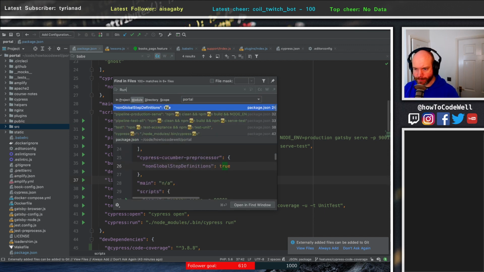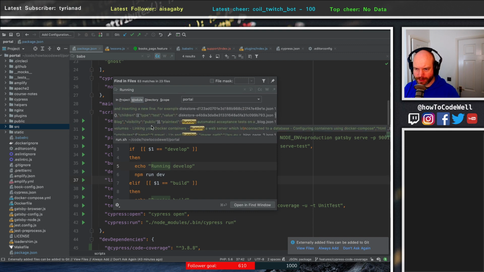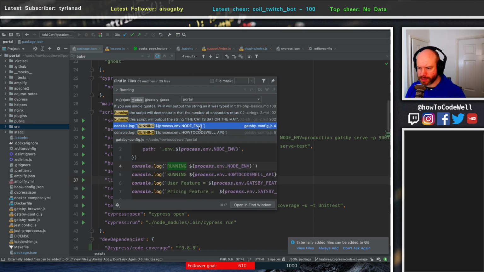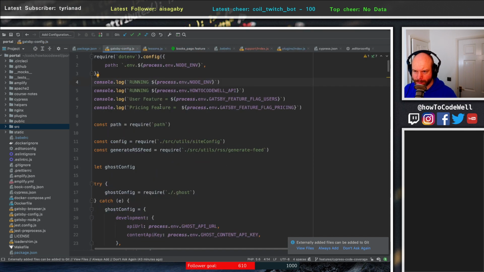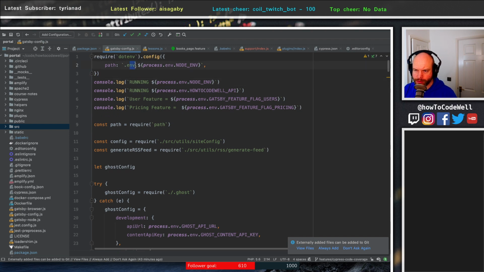Helps if you spell it right. Echo running, no, that's fine. Here we go. NODE_ENV, that's what it's pulling out. It's doing it on the Gatsby config, and it's doing it off of .env. .env process env. Right, so